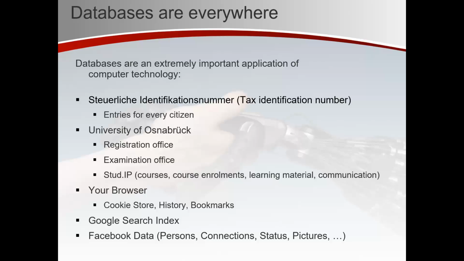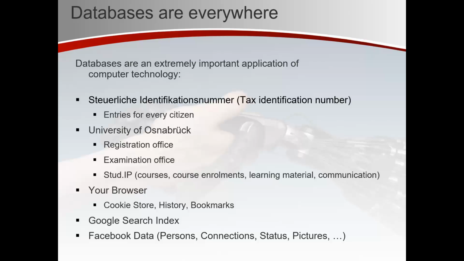And for example, in StudIP, we have the courses, the course enrollments, the learning material, so the content, and a lot of communication data like the internal messages and the forum entries and so on. But even your browser has a database to store the cookies, the history, the bookmarks,